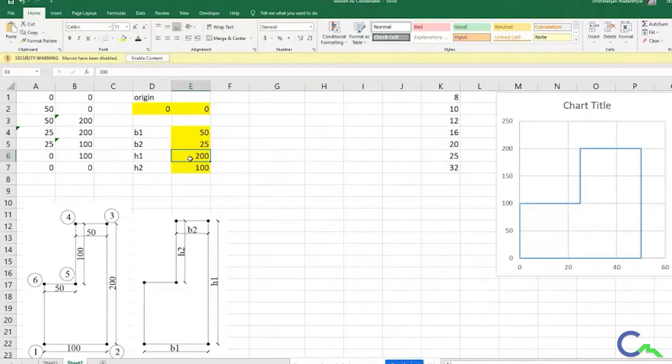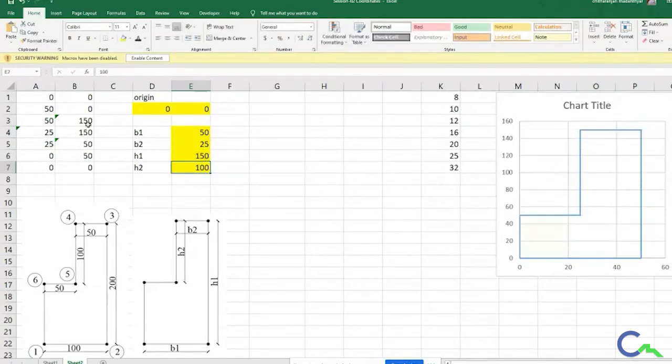If in the vertical direction I make this 150, you can see the changes here. It became 152 overall height. H2, whichever is here, if I give this as 150, I have to change this to 75. It is updated in the figure also. So now I can use this particular coordinate set for any L section.